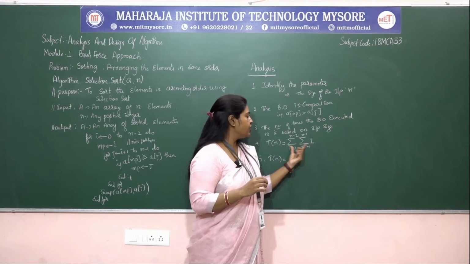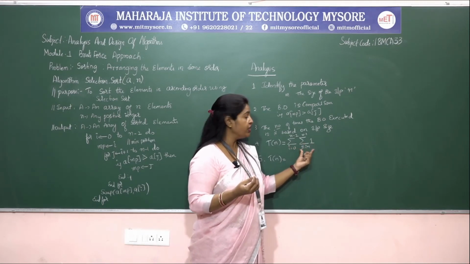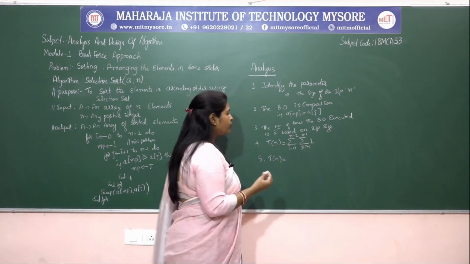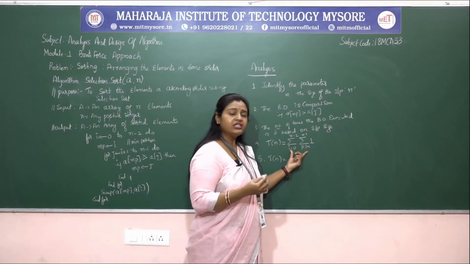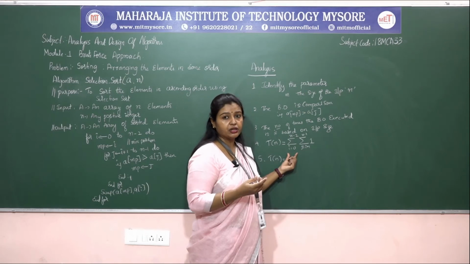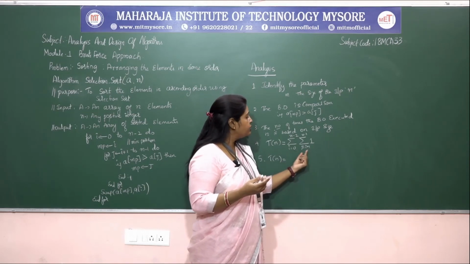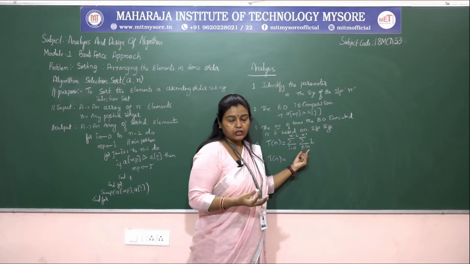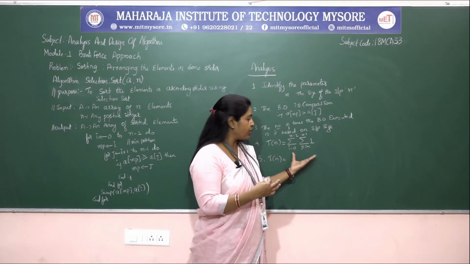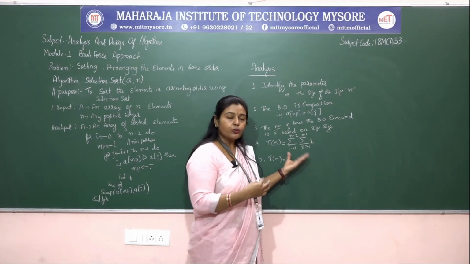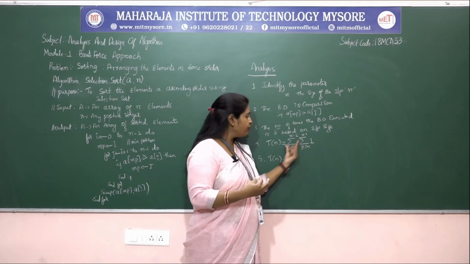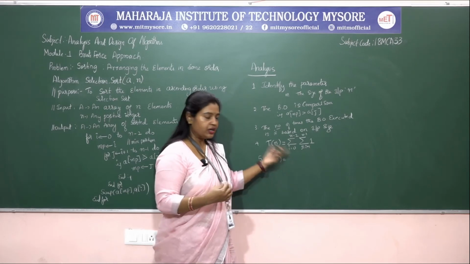That is nothing but, first, if you have more than one summation equation, we need to solve the innermost first, and then we need to apply for the outermost. So let us solve it. And one more thing, we can't solve them simultaneously, because they are dependent on each other. Since i is the variable and here j starts with i plus 1, we can't solve the summation equation separately. So firstly we need to solve the innermost summation equation, then we need to solve for the outermost equation. Let us solve this.